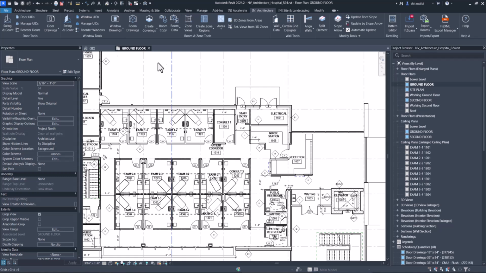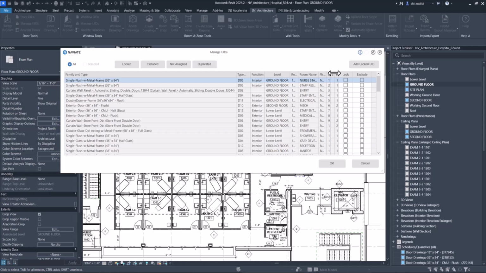The next fix is with both the door manage UIDs and window manage UIDs, although I will show the door manage UIDs, and that is with the checking or toggling of the lock and exclude options and using our filters.